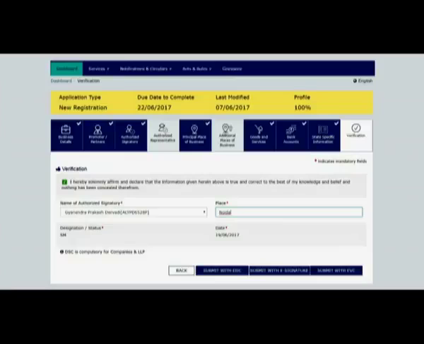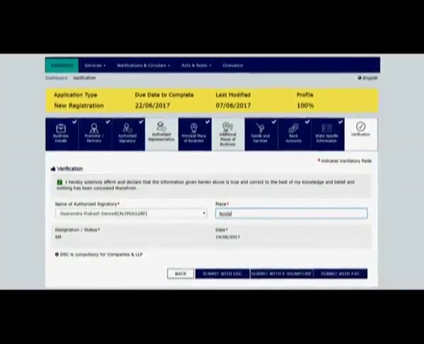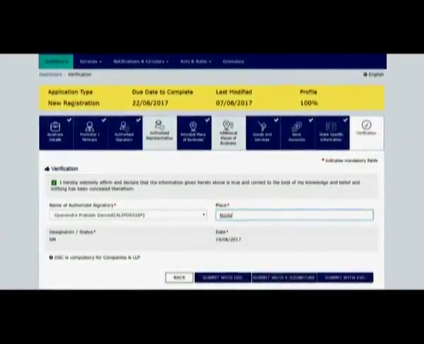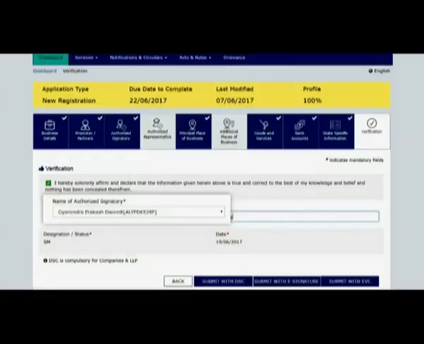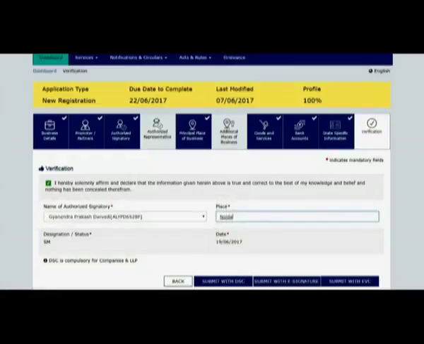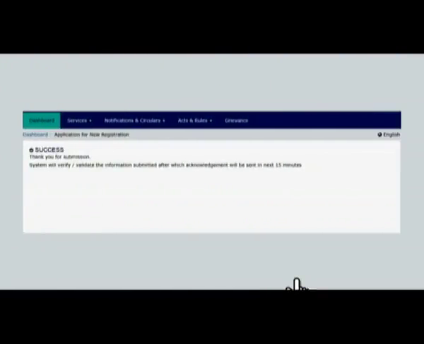After completing these details, one has to submit the form by clicking on the Verification tab. Now you can submit the application by Digital Signature Certificate (DSC) or e-signature or electronic verification code. The application can only be verified and signed by the authorized signatory. After 15 minutes, you should receive an ARN from the portal. Your application is now successfully submitted for processing.